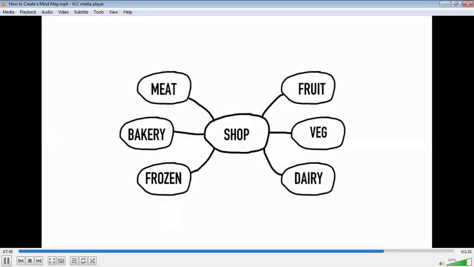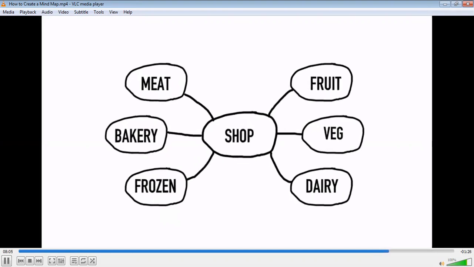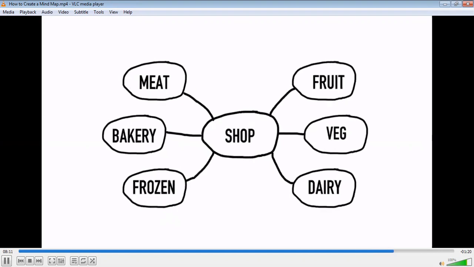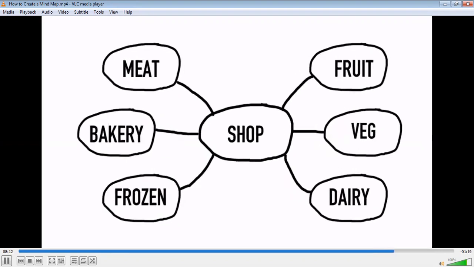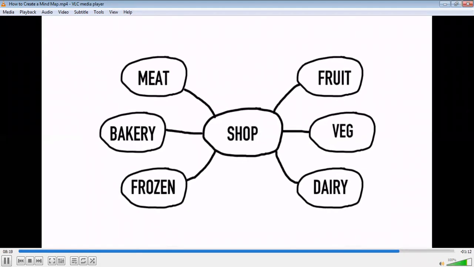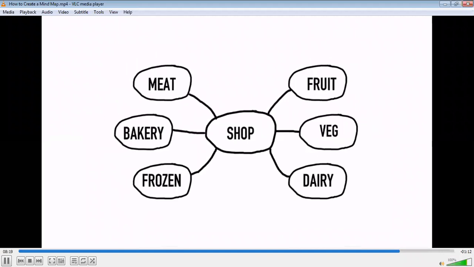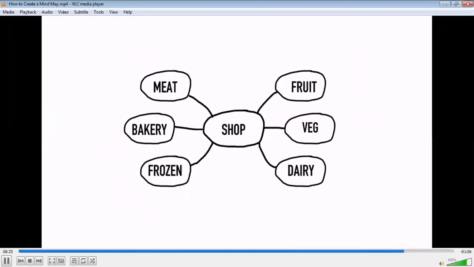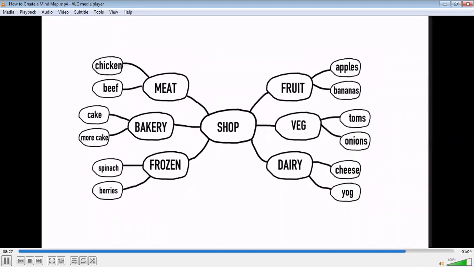Now what we're doing here is we are separating the categories of food that we want to buy. It's very annoying to find items on your shopping list that are at the other end of the supermarket where you were 2 minutes ago. So creating a mind map instead of a to-do list will help you deal with that. So following the process we looked at before, you would think about what kinds of fruit you want to buy, what kinds of veg, what kinds of dairy, etc., and capture all those thoughts like this.